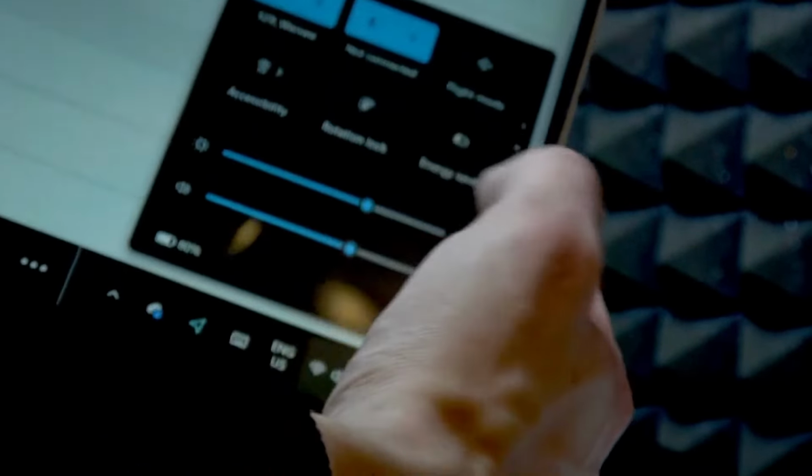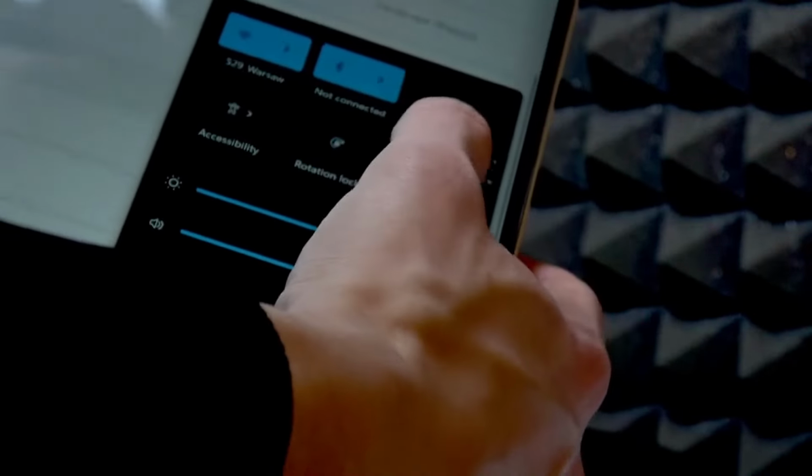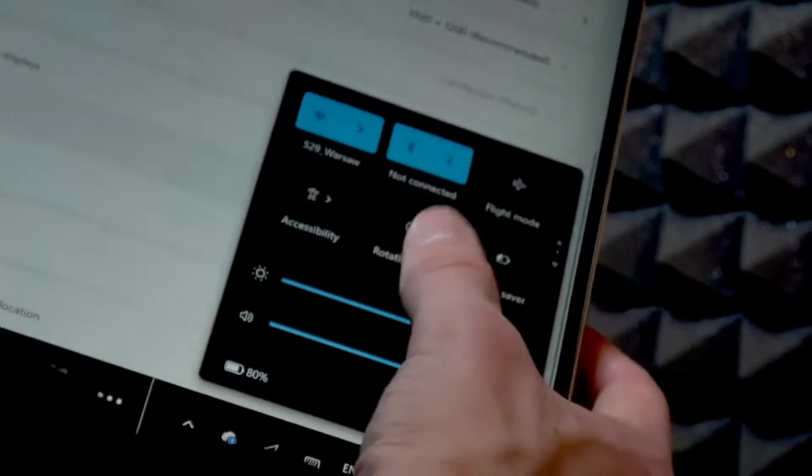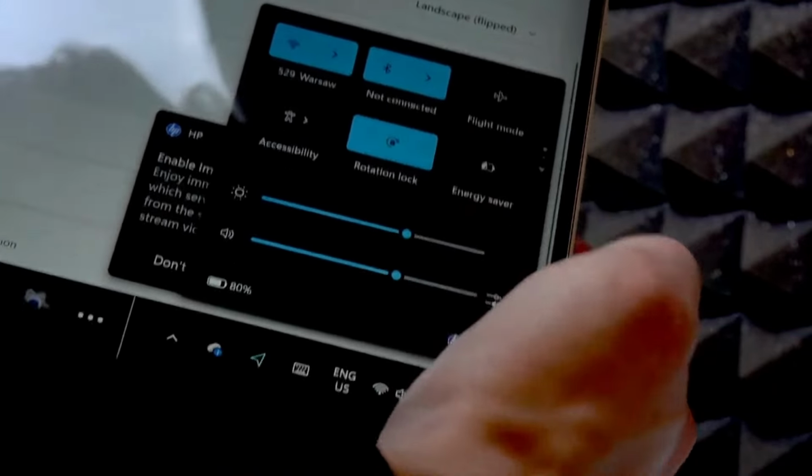Besides, we can also go to the Action Center in here and check the rotation lock. However, on my PC, it's only available in the tablet mode. And now, if it's not available for you,